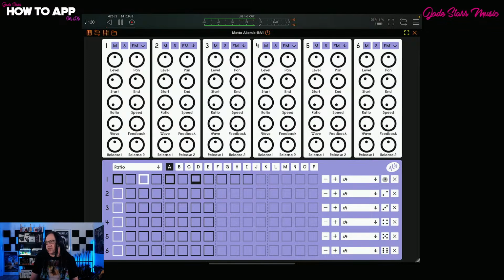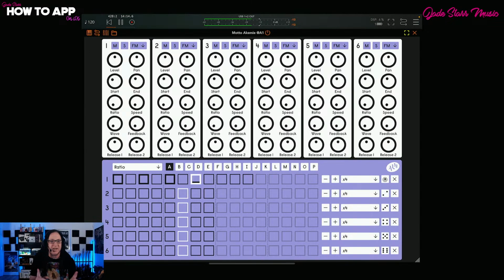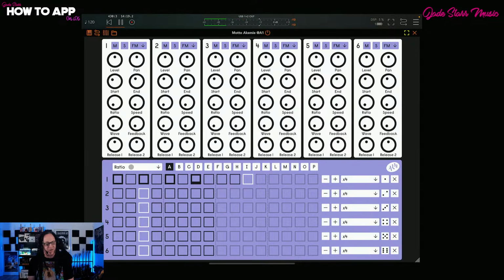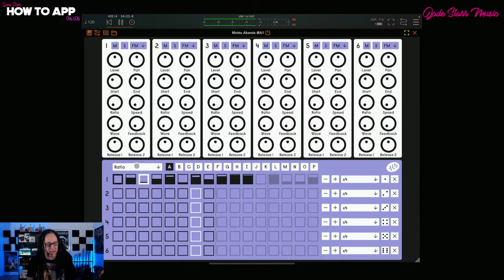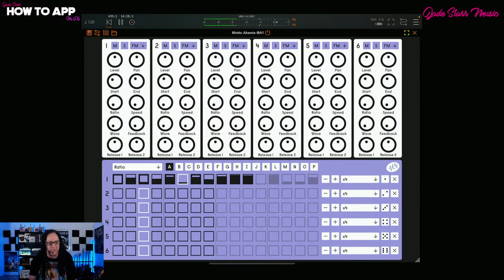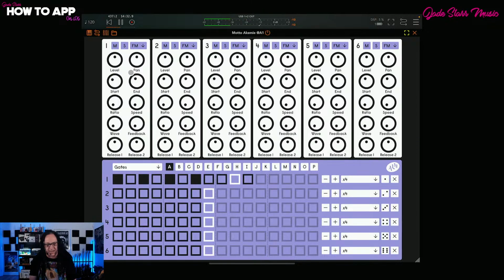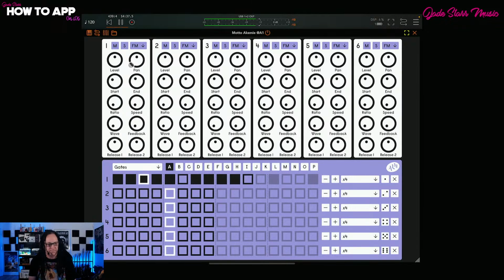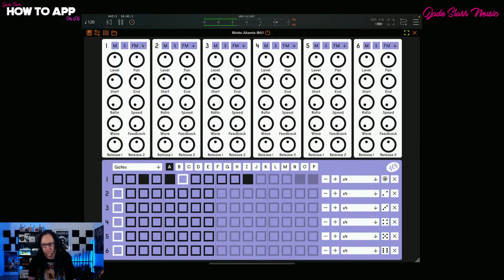And to the side of each track we have, guess what? Randomization. Now, when you use randomization, it is only going to randomize what you have selected here. So if I have ratio selected and hit random, it's going to change the ratio, which, as we discussed, is the harmonic sound between the two FM synth operators. If we come up to the gates and hit random, random again,